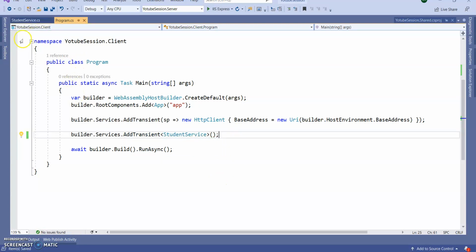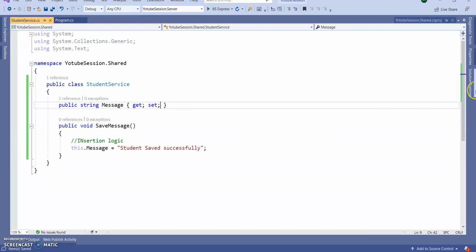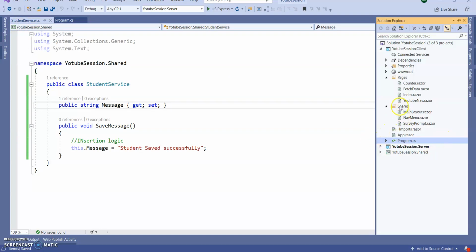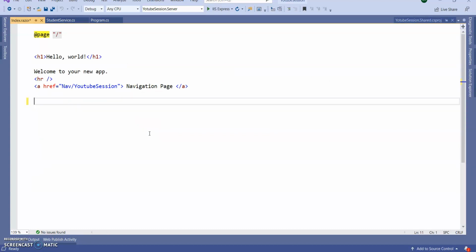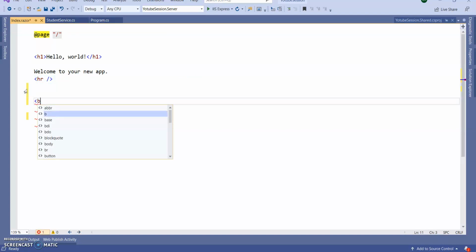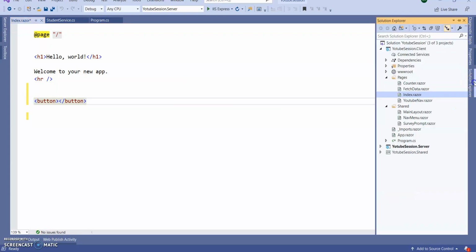Now in the Index page itself, I'm deleting the navigation bar and everything and creating one button. How to create a button in Blazor style?